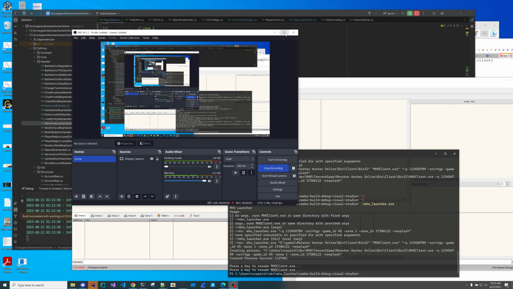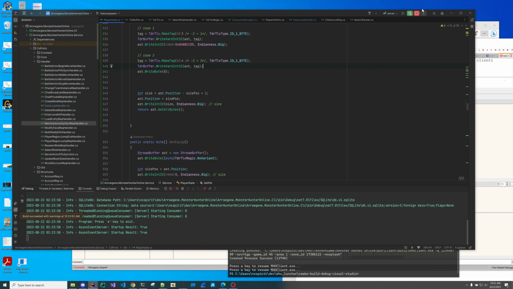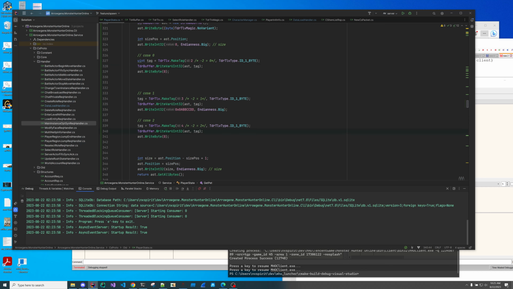Okay, today I want to show how to parse some of the TLV structures in the game Monster Hunter Online. To do that, we first need to identify a structure we want to parse. So I actually have looked into